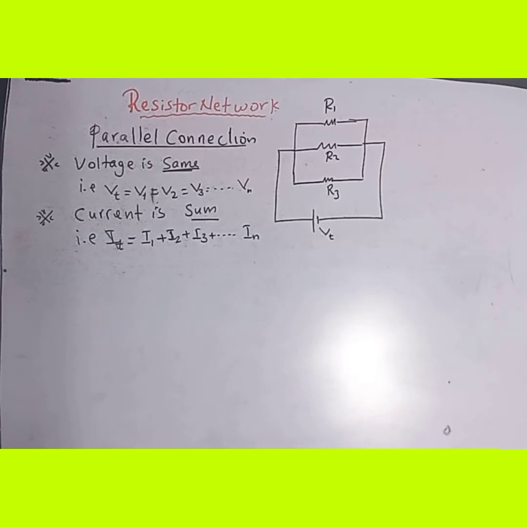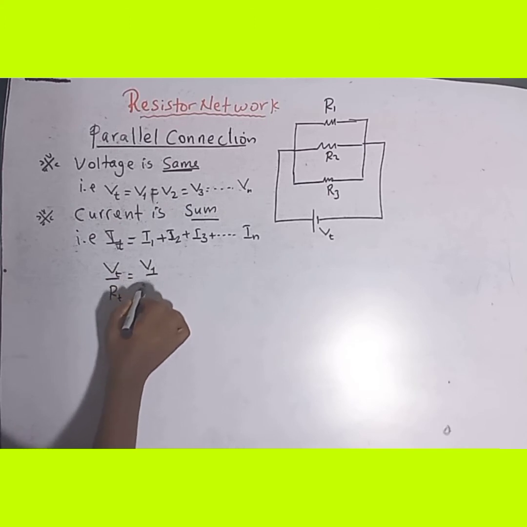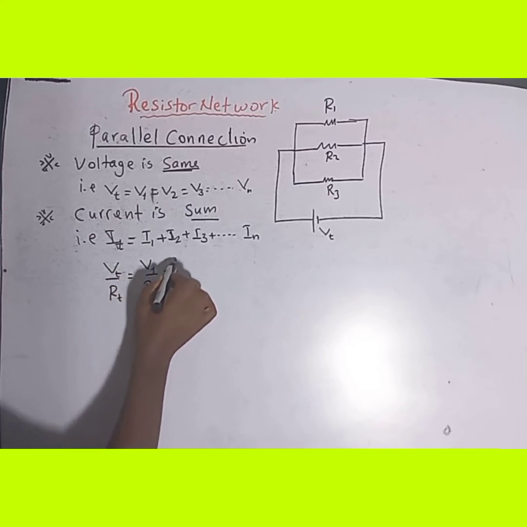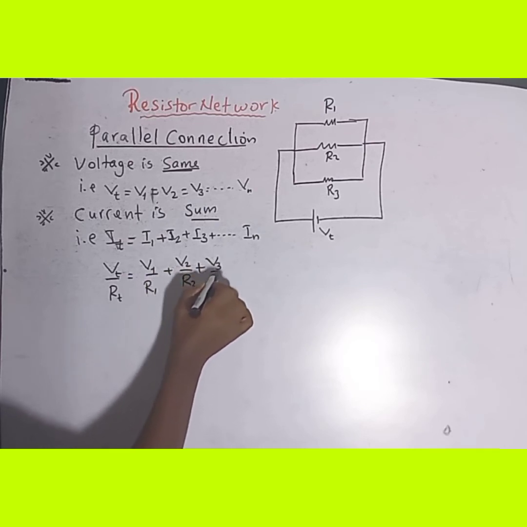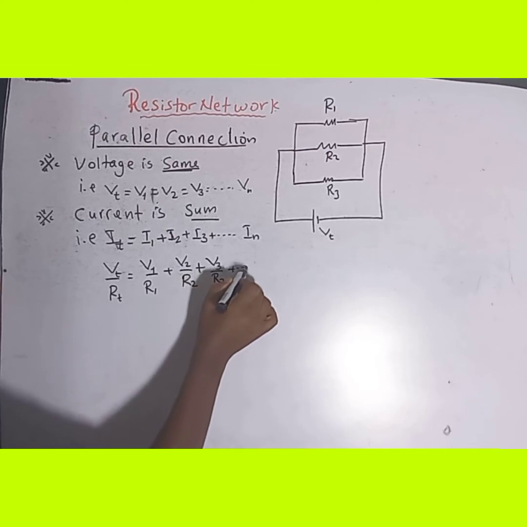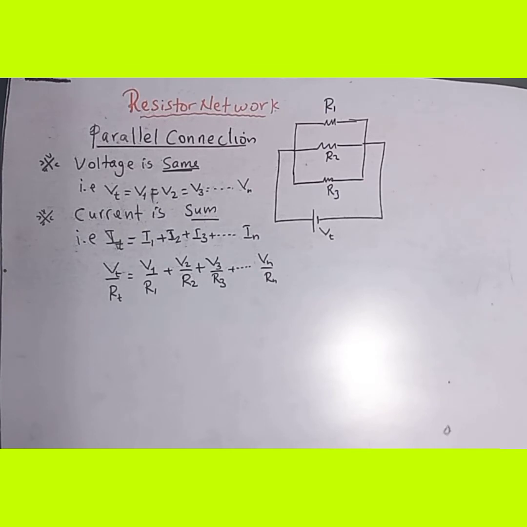From Ohm's law, current is voltage over resistance, so V total over R total equals V1 over R1 plus V2 over R2 plus V3 over R3 plus Vn over Rn. And voltage is the same, so we can factorize total voltage over R total, or equivalent resistance,